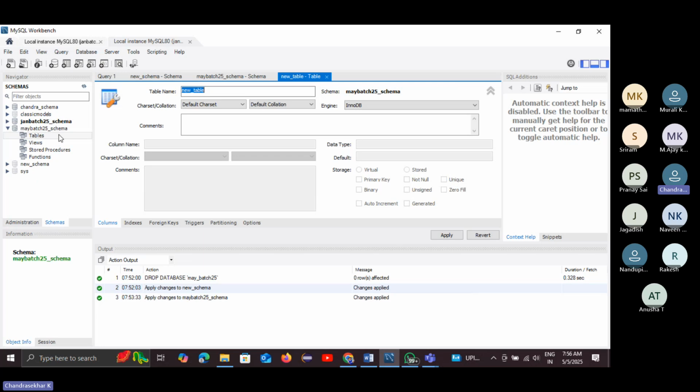Okay, this will ask, like this. Employee table, you can say employee. Okay, then this is the employee table here. If you want to add columns and everything, we can add it. When I say apply here,